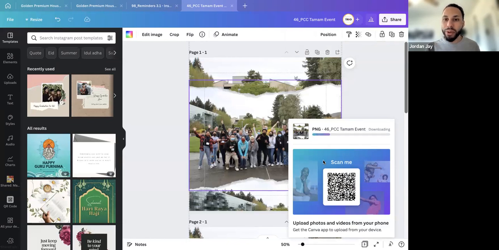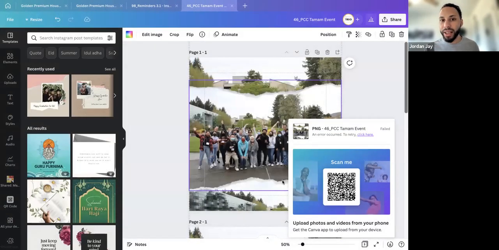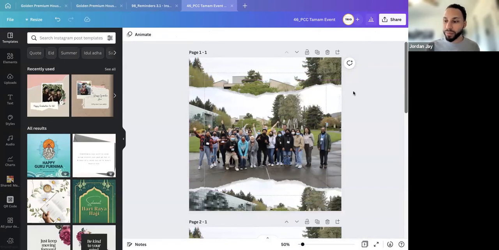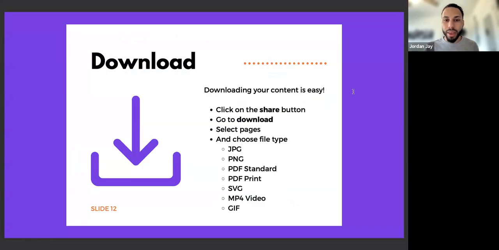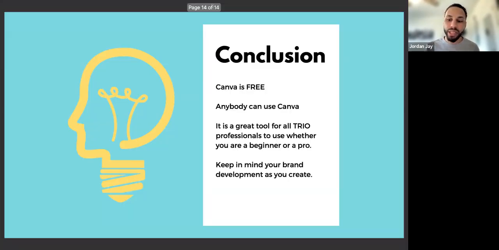And then you can just upload it there to your social media platform or your email or whatever it may be. They're really, really easy to access, though, even easier on the apps. I use the iPad app a lot for Canva, and that one is even more accessible. Yeah, other than that, you're ready to post once it's downloaded.